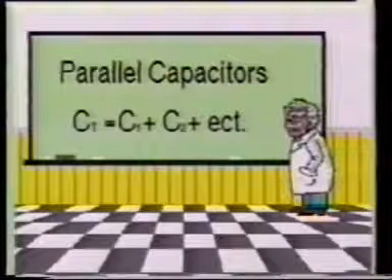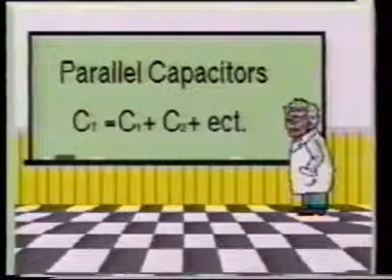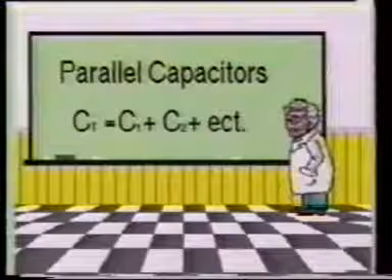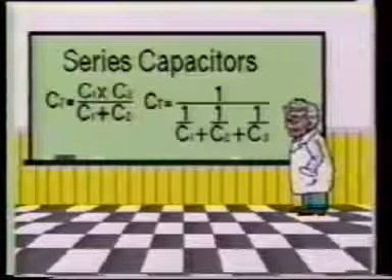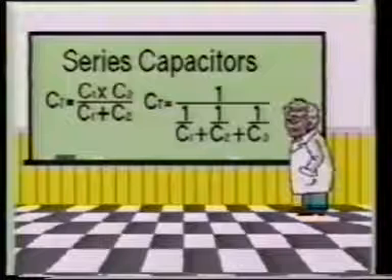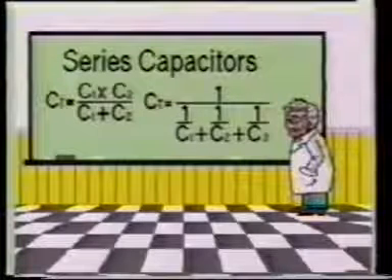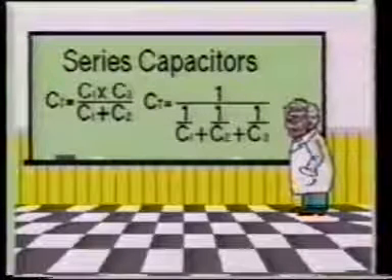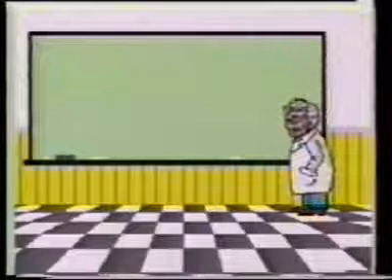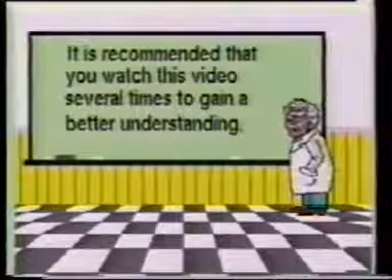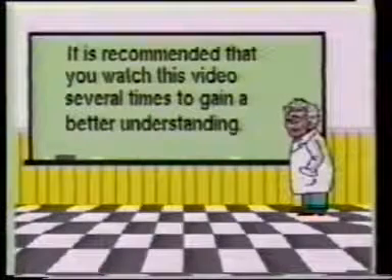You have learned to calculate the total capacitance of the 2 capacitors in parallel. You simply add their values together. For capacitors in series, there are 2 formulas available. Notice the similarity between these formulas and those used for resistors in parallel. This brings us to the end of the lesson in alternating current. You have received a large amount